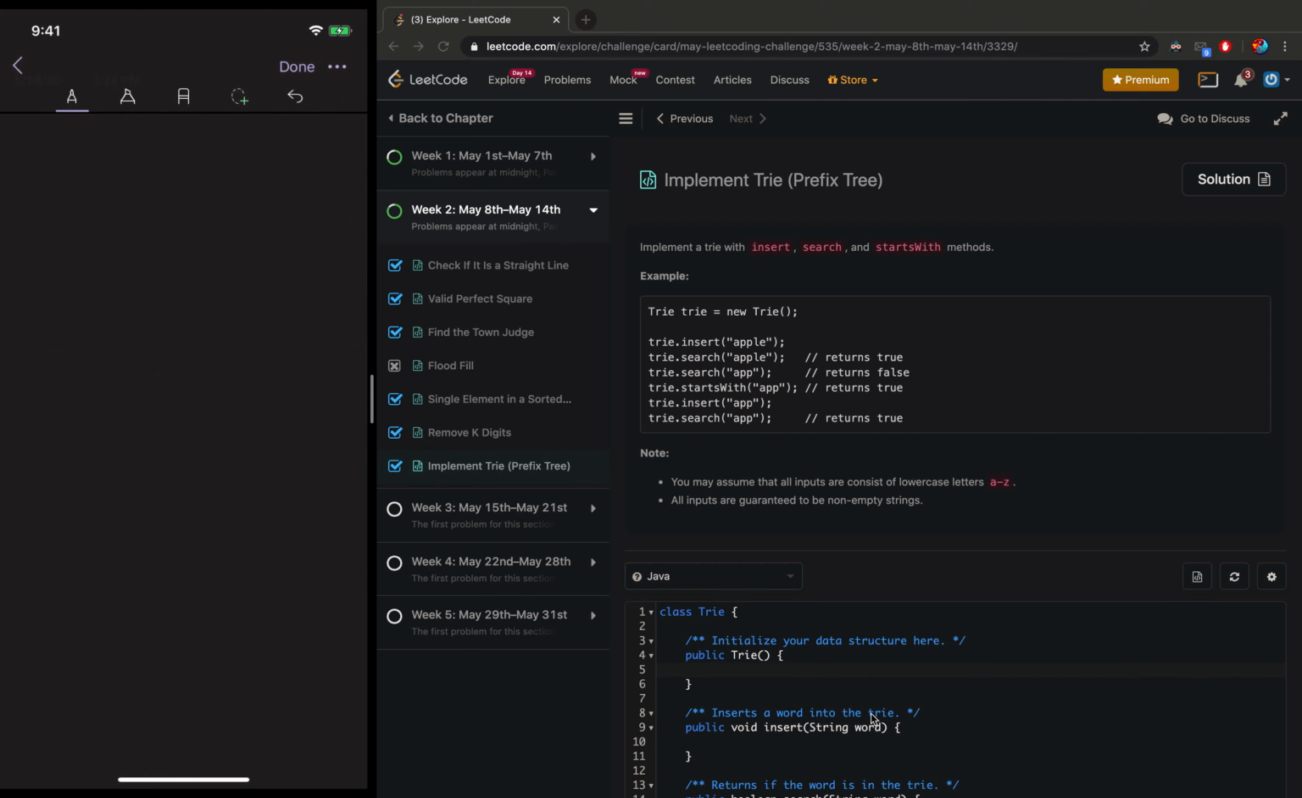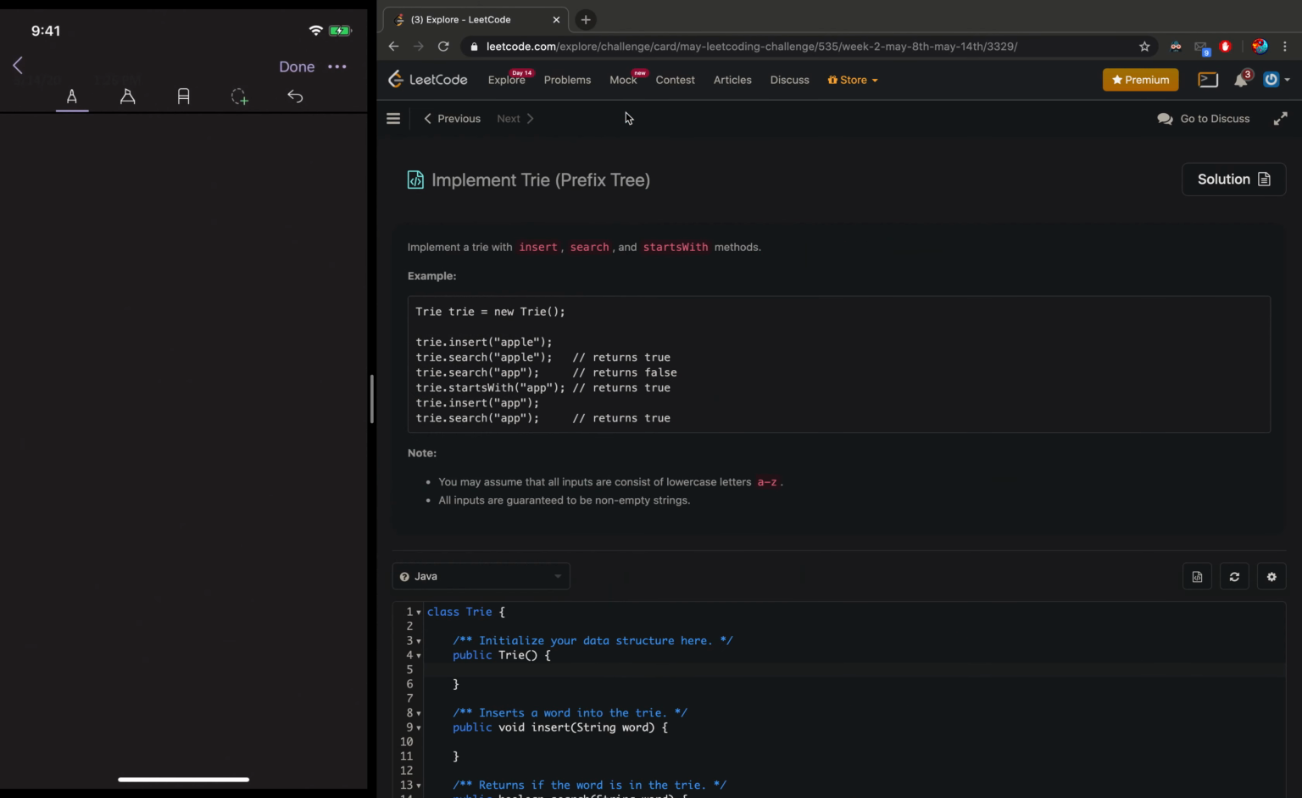Hello everyone, today we will be implementing a trie. If you don't already know what a trie is, it's essentially a prefix tree. And what's useful about a trie is it allows you to store a lot of words in a tree structure very efficiently. So in this problem we want to implement a trie that allows you to insert, search, and have